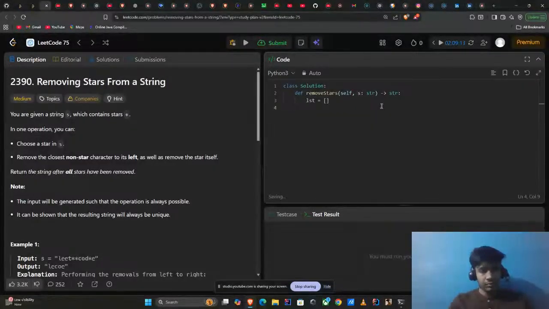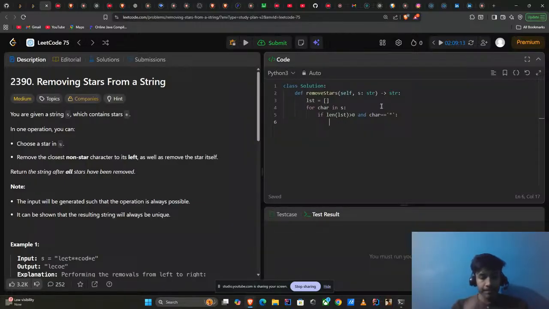list, and for ch in the string. If the length of the list is greater than 0, and my current element is a star, then only will I be popping it. So list dot